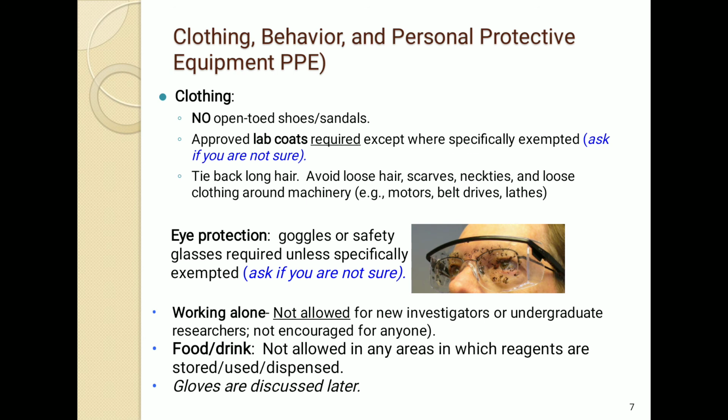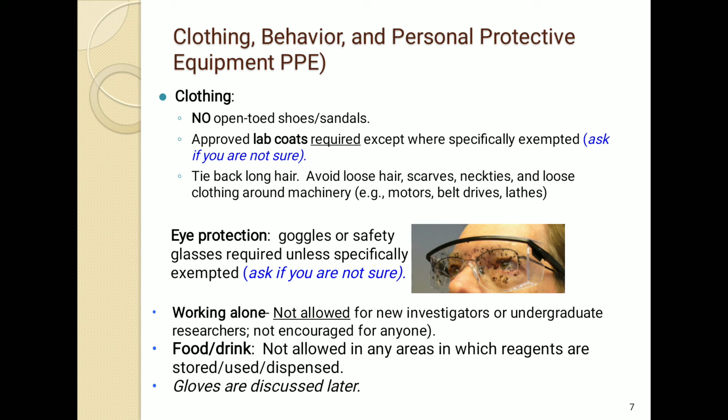Clothing, behavior and personal protective equipment, PPE. Clothing: no open toe shoes or sandals; approved lab coats required except where specifically excepted. Ask if you are not sure. Tie back long hair; avoid loose hair, scarves, neckties and loose clothing around machinery, for example motors, belts, drives, lathes.